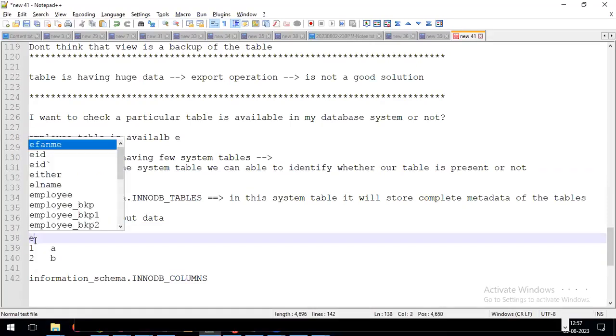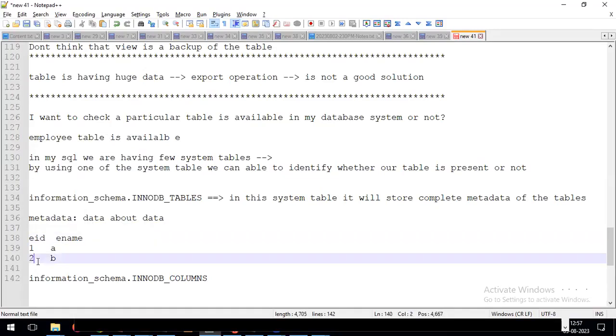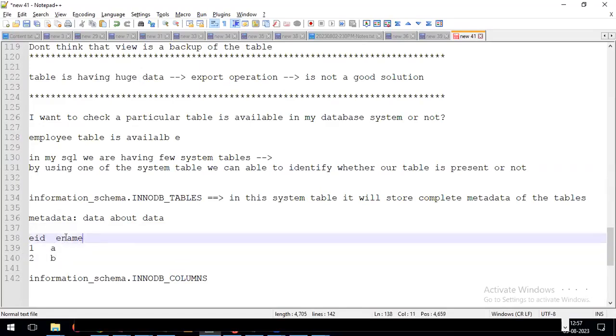I am giving one more data here. For example, EID and ENAME. Now you tell me what is the 1, 2? EIDs. What is AB? ENAME, which is nothing but to define this data. We are given one more data. That kind of data only we can call metadata. Now in this example, try to give the answer. Which is the metadata? Which is the actual data? In this example,